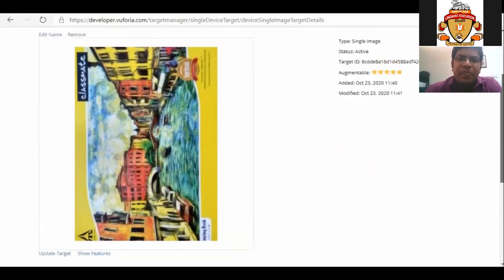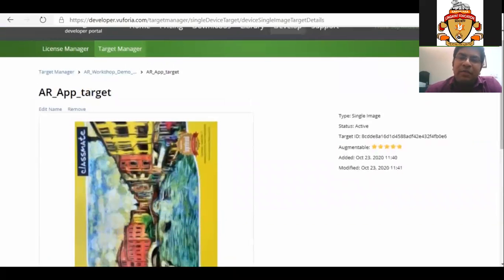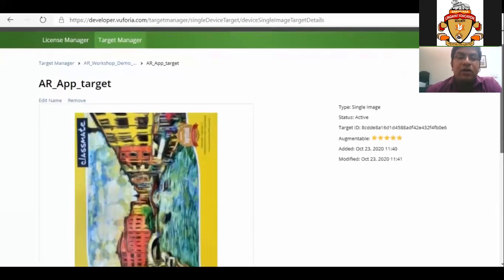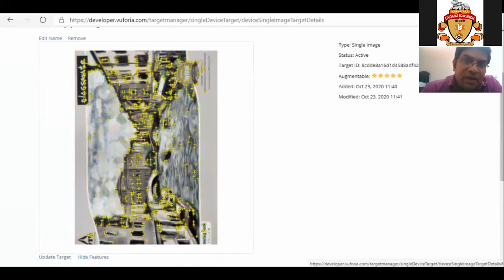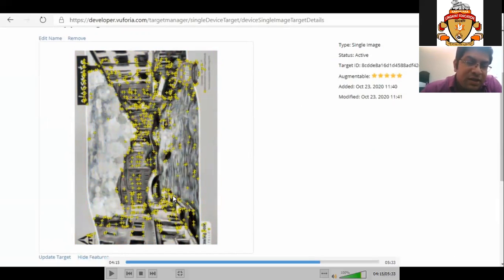Right? Now, how did the computer understand this particular target image so it does not get confused with other images? By the use of fiducial markers, which is known as vumark. What are fiducial markers? I will show you in the image. If I click on the image and click on show features, the image will open and lots of plus symbols will appear.